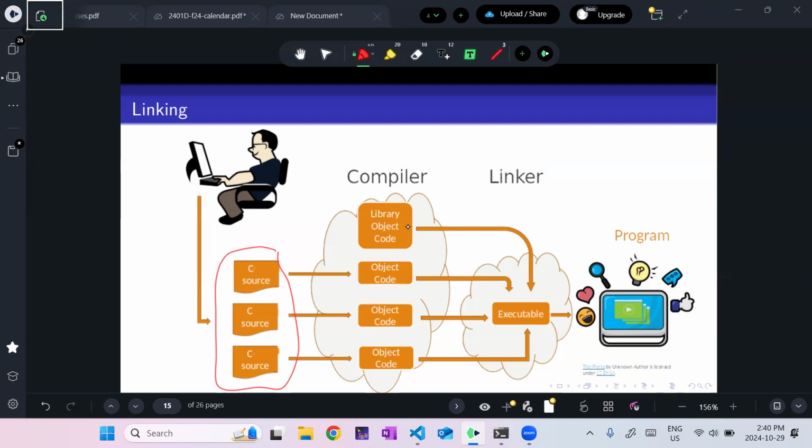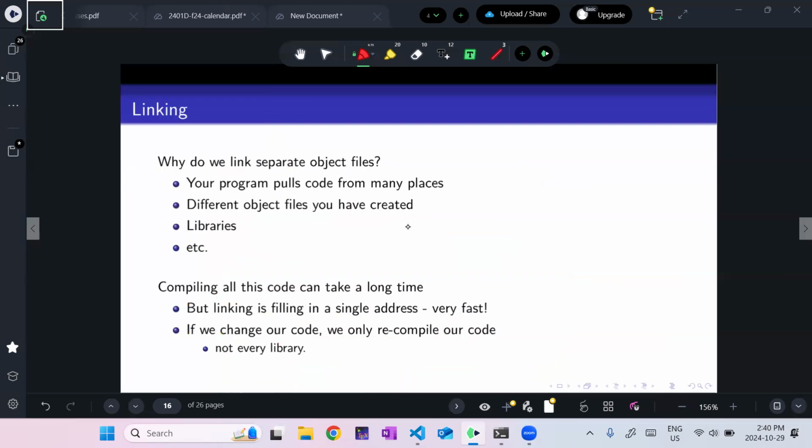We're going to have a bunch of individual source files, and we're going to compile them first into object code, and then we're going to link them together into an executable, and then that executable will run. Right? So that's our goal right now. And so we're going to talk a little bit about how you do it, and then how we demonstrate it is going to be how you should do it for assignment 3 if you haven't done it already.